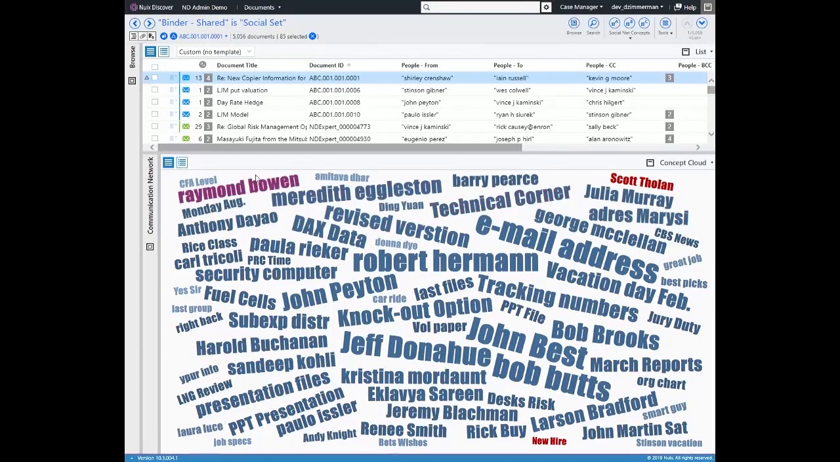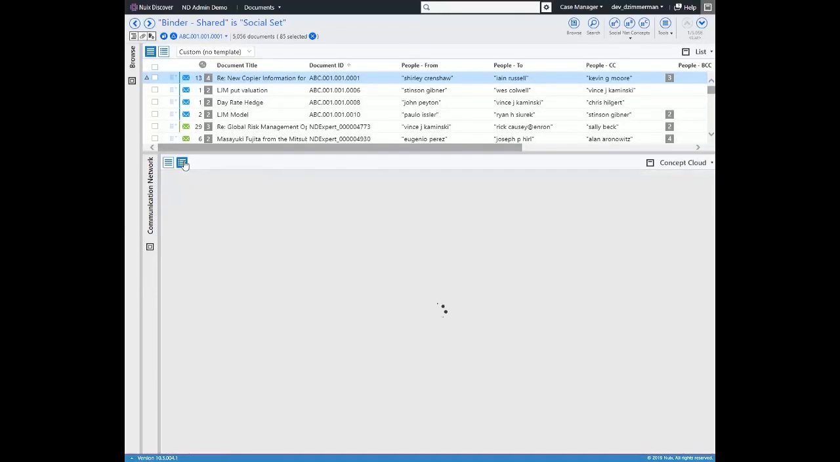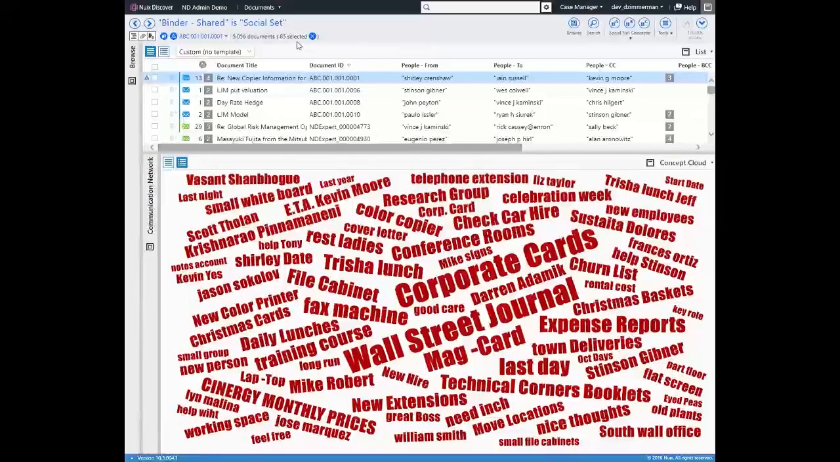So first off, there's a working list on this one. So I could jump over. These are concepts right now showing for all of the documents in my search results. But I could pop over and I could see just the working list. So for the 85 documents that I've selected, those communications between Kevin and Vince, these are the concepts coming from